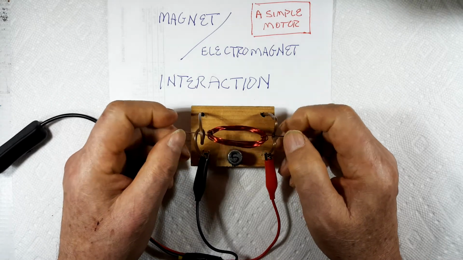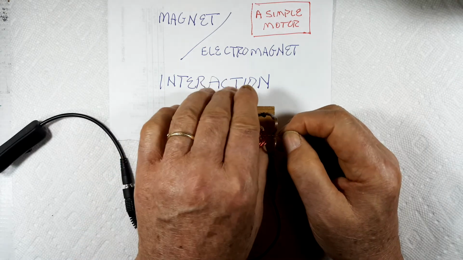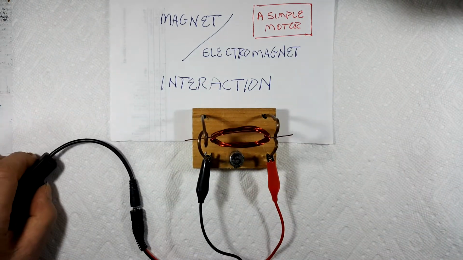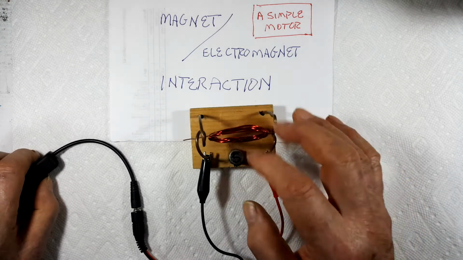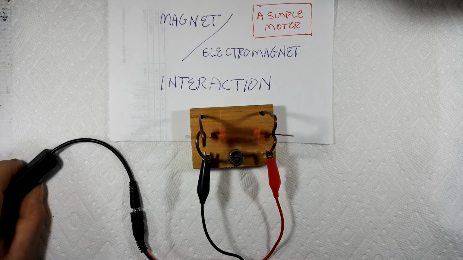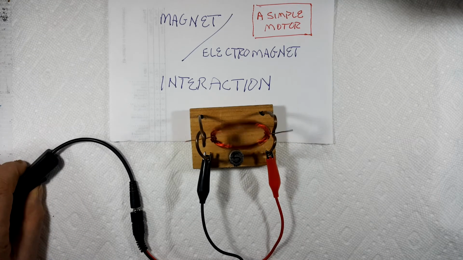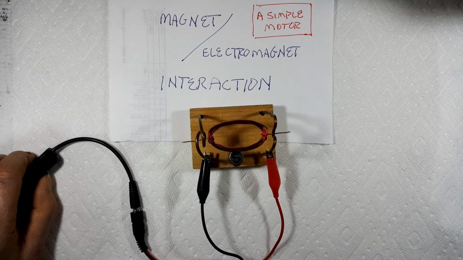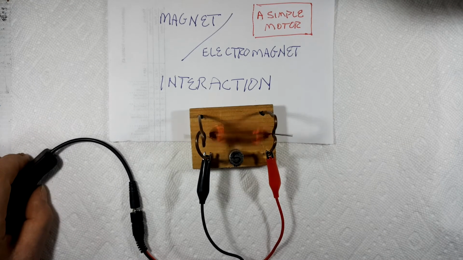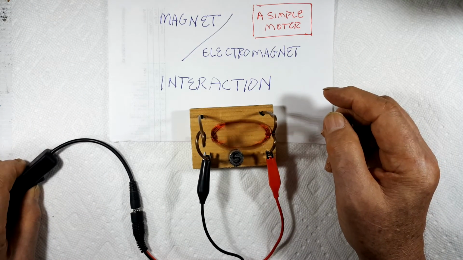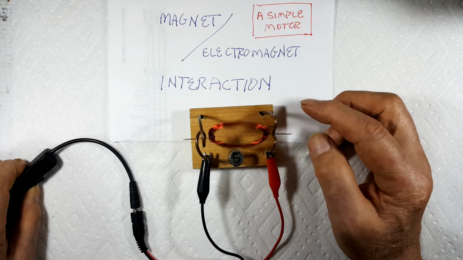And this is a basic magnet-electromagnet interaction which will enable this to become a small motor. Turn it off, it slows down. Now watch how it's rotating. Okay. When it slows down,